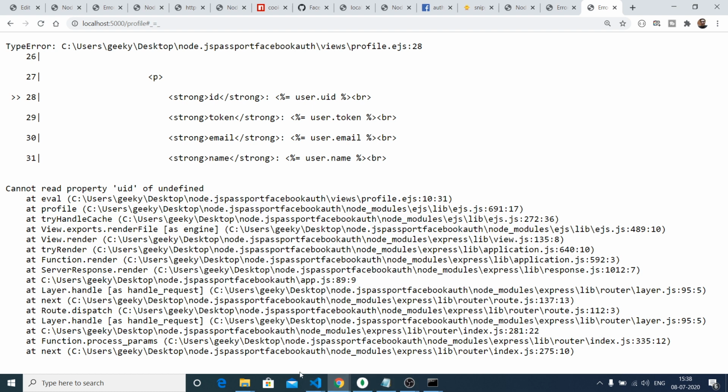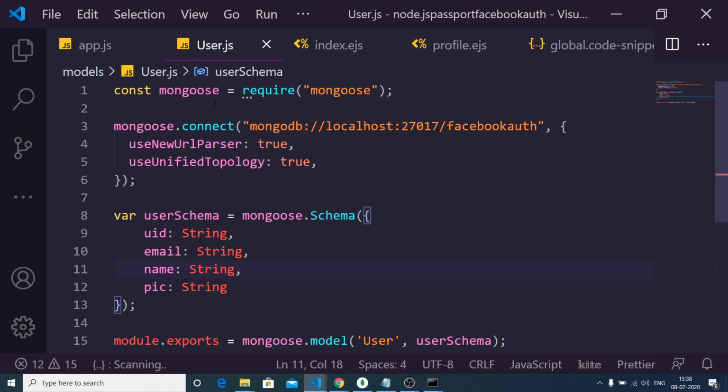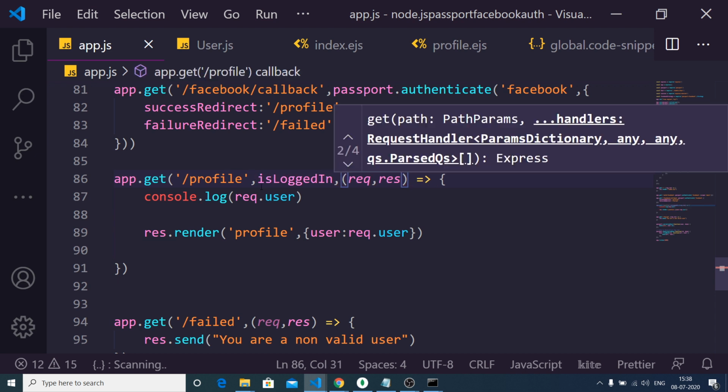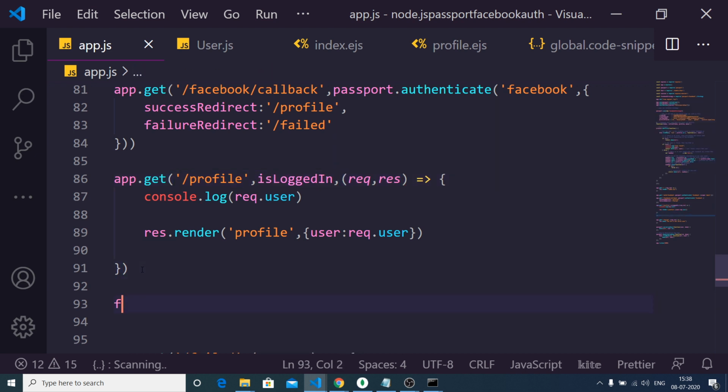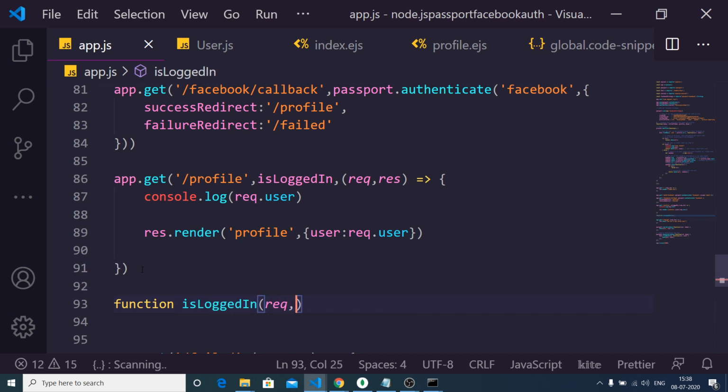One thing we are missing, guys. So first of all, when we are passing this template to this profile.ejs, we also need to have a middleware function which is simply isLoggedIn. So first of all, we need to check if the user is already logged in or not. So this middleware function we need to create is isLoggedIn. Pass the request, response and next.